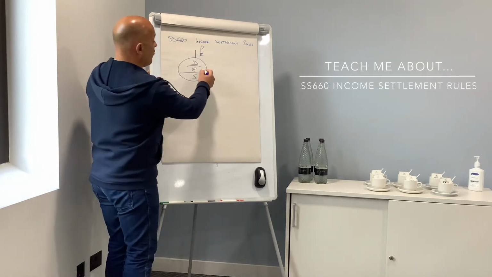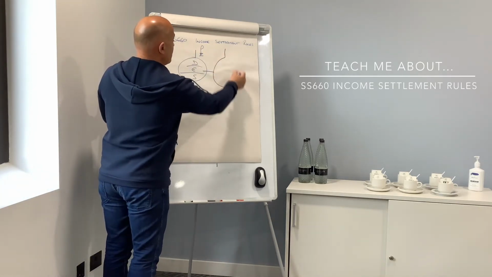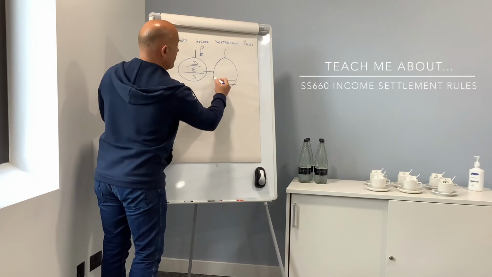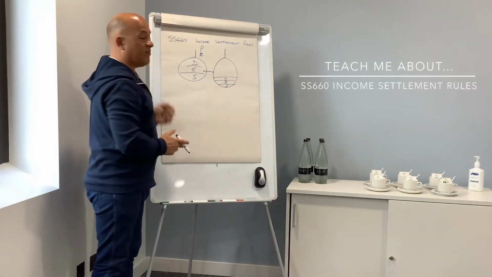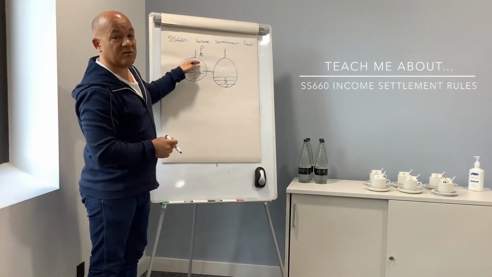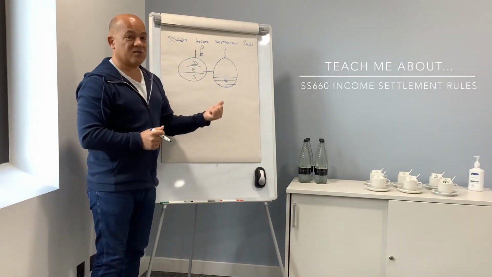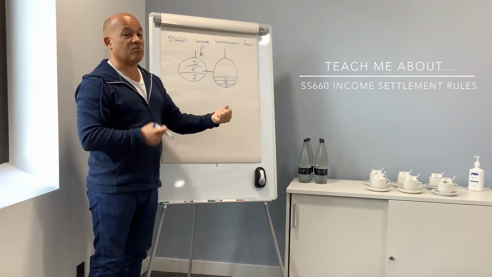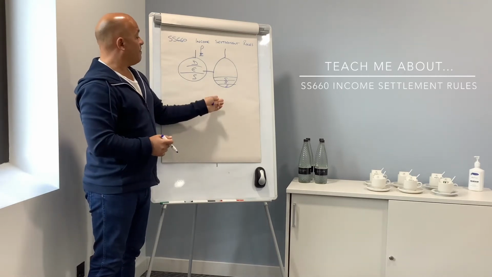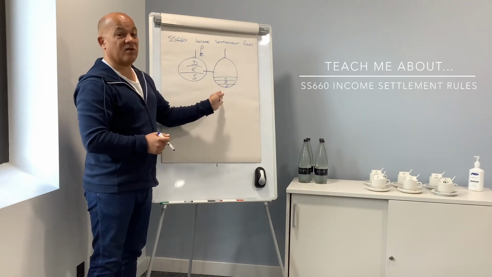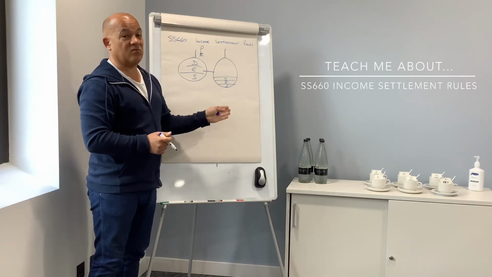So let's now morph this across here. If you have the same model, you may have a number of layers with a lot of people on the salary. Then the same rules apply for dividends and expenses. Income settlement rules here are really sort of hinged around you, Mr. and Mrs. or Mr. and Mr. And trying to prove and determine that you haven't done this purely to conspire to reduce your tax